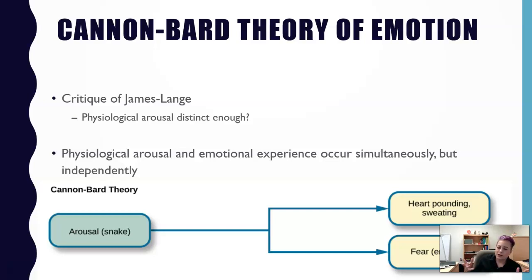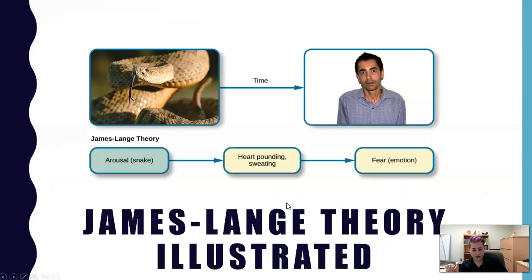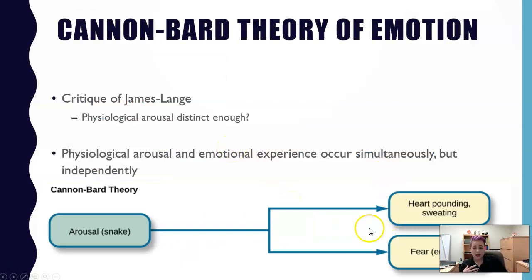So physiological arousal and emotional experience occur simultaneously in the Cannon-Bard theory. So it's not physiological first, like with James-Lange. Cannon-Bard was saying that these things occur together, but they're independent functions. I think that's an important distinction. We have all these things happening, but they work independently. One is not a result of another. It's kind of like the snake arouses both our psychological appraisal and physiological appraisal, but not as working together or reciprocating off of one another.